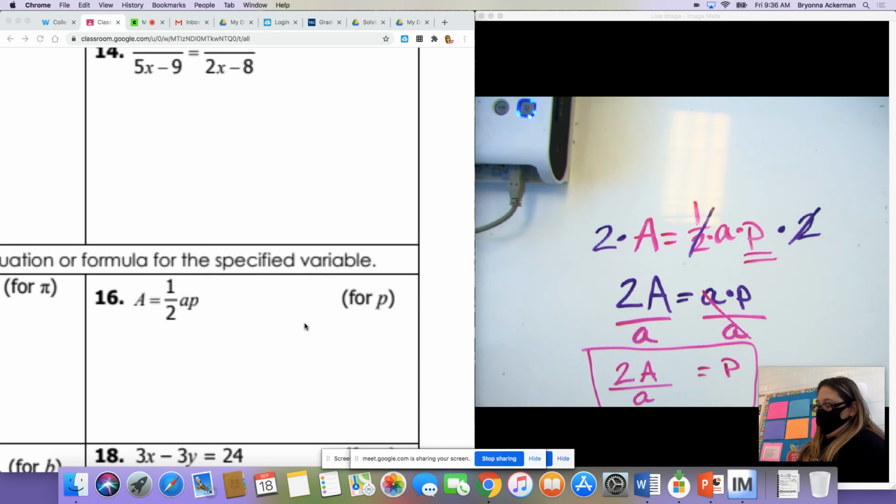Okay. So now if you were given a geometry problem where you wanted to solve for the perimeter and you had these already, you've already rearranged it. So it's kind of nice. Okay, so literal equations is just rearranging, guys. Okay, it's just rearranging. Okay, I'm going to let you work